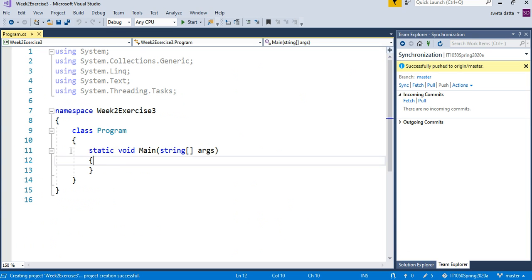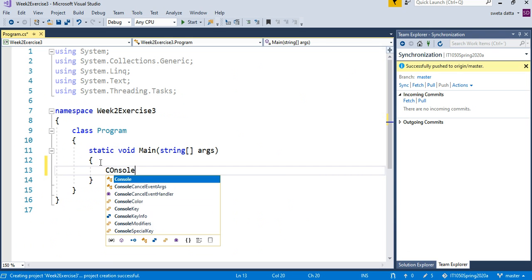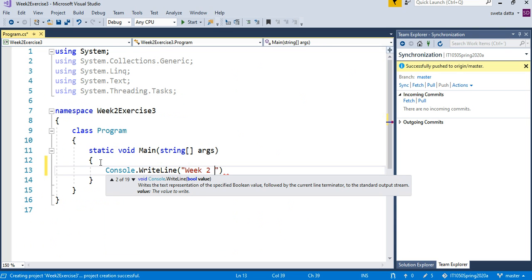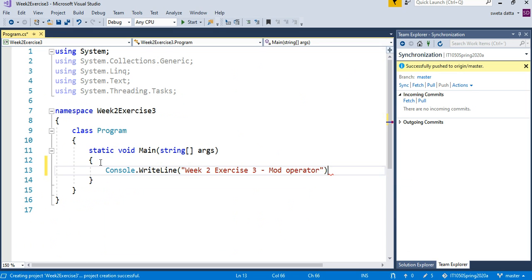All coding will be done inside the main method between the two curly braces. You'll start with saying Console.WriteLine week 2 exercise 3 mod operator.